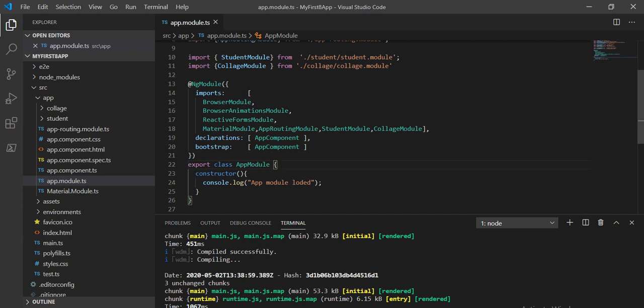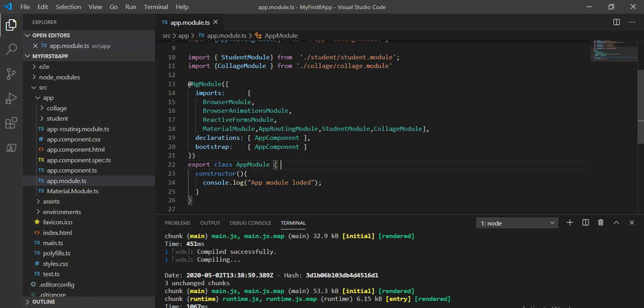We will continue the example which we have seen in the eager loading, in the previous tutorial. If you didn't watch the previous tutorial, I recommend you go to that tutorial series and see how we create the eager loading in Angular 8, because we are proceeding with that example only.